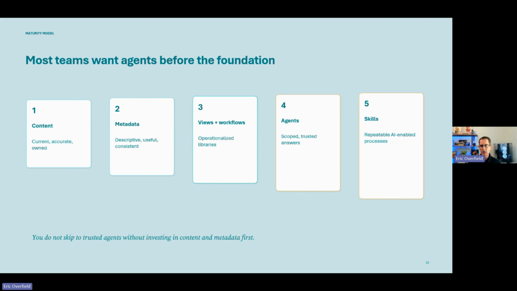Level 3, going a little more sophisticated here, is building views, using Copilot and SharePoint to build custom views. Creating content, by the way, means creating sites, document libraries, and pages. All that creation side is a great place to start, kind of easy, set those guardrails, etc. Metadata on top of that. Now, views and workflows, great. Views you could maybe put in the content, but I think views make more sense when you have good metadata, which is based on good content. And definitely for workflows, you need the good content and the metadata to make workflows work, but you can use Copilot and SharePoint to help you